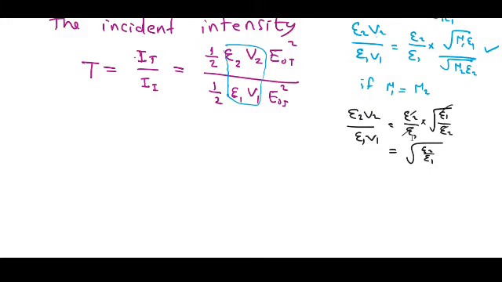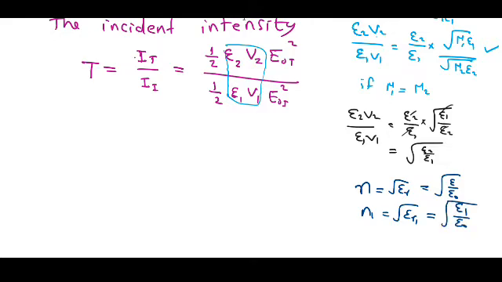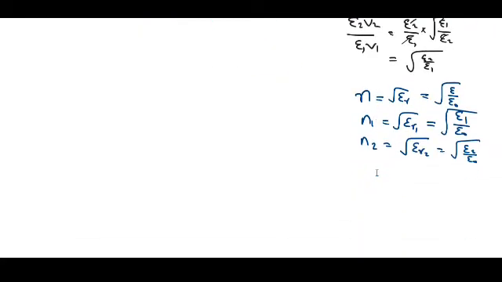That is, we already know the expression for the refractive index. It is nothing but root of epsilon r, and this epsilon r is nothing but epsilon divided by epsilon 0. Therefore, n1 can be written as root of epsilon r1, that is root of epsilon 1 divided by epsilon 0. Similarly, n2 can be written as root of epsilon r2, that is root of epsilon 2 divided by epsilon 0. Therefore, this n1 by n2 can be written as